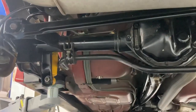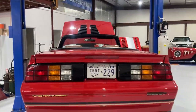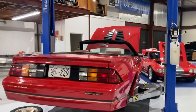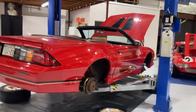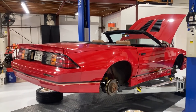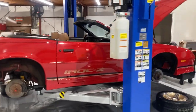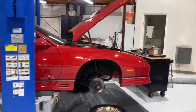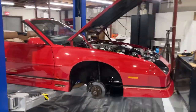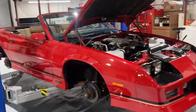And you may have seen one, you may not have seen one. You think you've seen one, but more than likely you don't. Like I said, I've had a bunch of F-bodies over the years, and I kind of gravitate to these cars because they are literally the hardest to find. You can find, you know, turbo Trans Ams. You can find 5.7 GTAs, 5.7 Irocs, all in nice condition. You can find 1LE cars. You can find even B4C police cars. But try and find one of these that's in good shape, you're gonna have a hard time, because they just